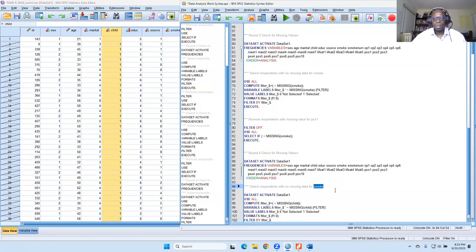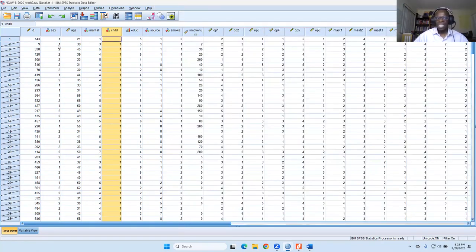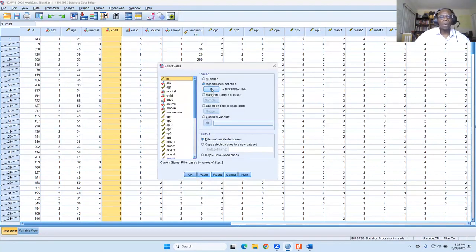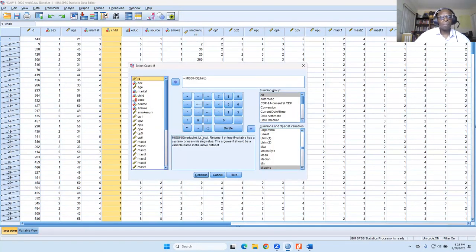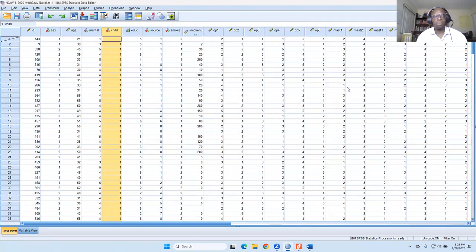Not missing data for child. Okay, so do you see why we have to put in the ampersand? If you understand why we have to put in the little ampersand, if this makes sense, see now what it's done, it says, okay, we want to select the ones that are not missing for analysis. So when you see select cases, think of it as select the cases for analysis. Think of it that way. So we're selecting the cases for analysis. That's why we had to do this.